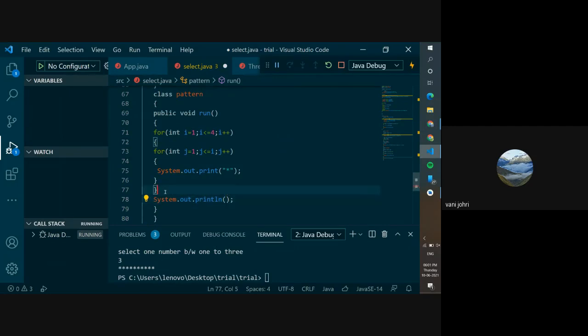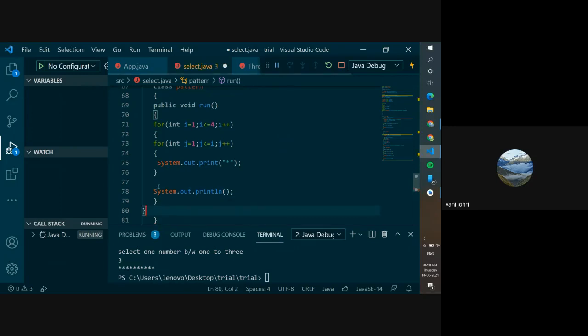Okay, this is supposed to be inside this for loop. What you have to do, you have to print the star and then change the line. So after printing star, you close the loop and then you change the line and then you close this loop. So this println is supposed to be in this i loop.